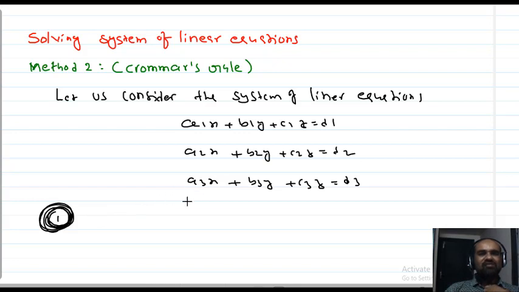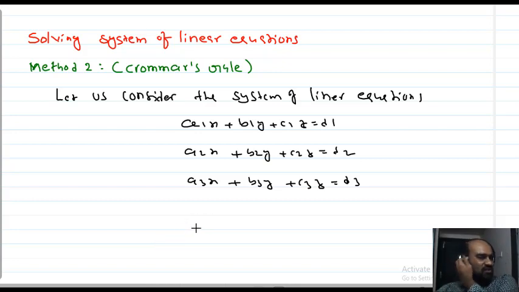In general, you can solve these three equations by the elimination method. First of all, you can eliminate any one of the variables by using the first two equations. For example, eliminate z from these two equations. From the second and third equation also you can eliminate z. You get two new equations in x and y. From that you can find x and y values. After that you can find the z value. So this is called the elimination method. If 3 variables 3 unknowns or 4 variables 4 unknowns, we can use the elimination method to find the solution of that system of linear equations.